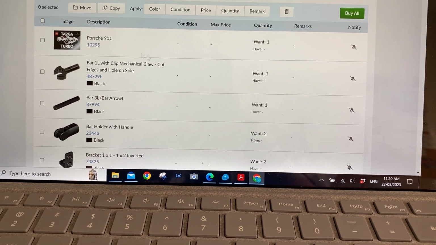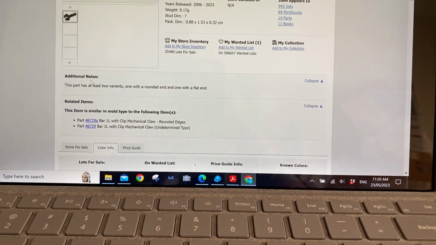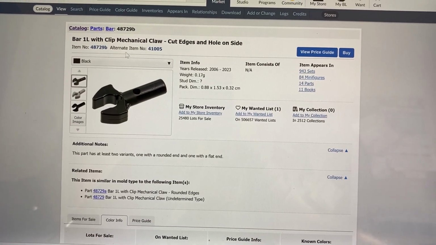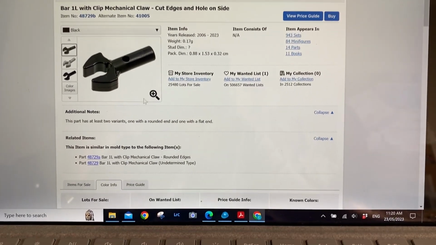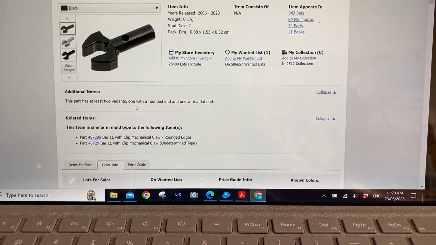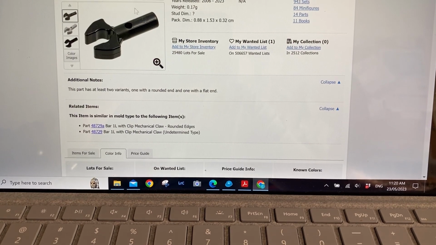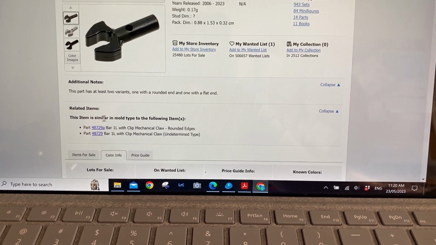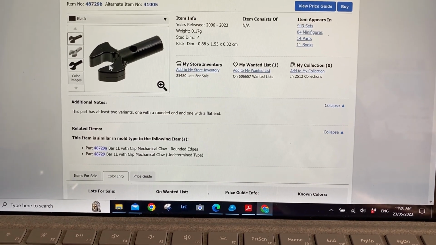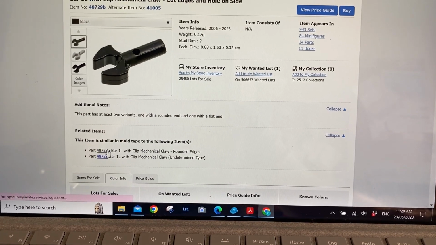One particular example is this claw. If we go into that particular part number, you can see that's its part number and there's an alternate part number. But when you look down through the descriptions, you can see that there are a couple of variants. Unfortunately, on close appearance, this particular set looks similar to two others. So if we have a look here, there's a couple of key factors in the design and the shape of it. And if we go over to this particular one,